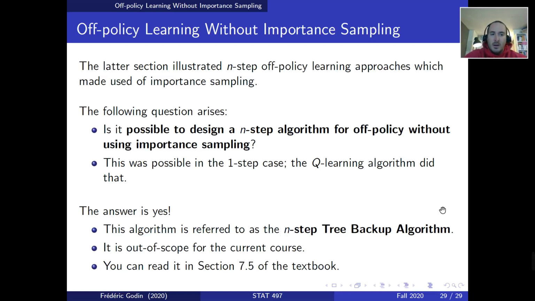Okay, so I wanted to let you know this exists. Details are in the book, but for the sake of the current course, we'll leave that out of scope. So for interested readers, please have a look there. It's part of section 7.5 of the textbook, but we won't dig into the details during the lectures of the present course. So we stop the chapter here,